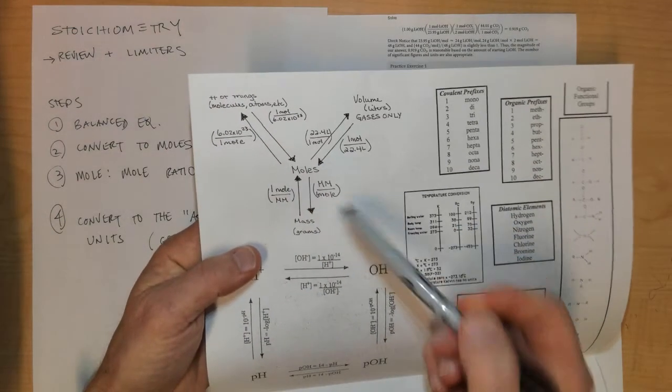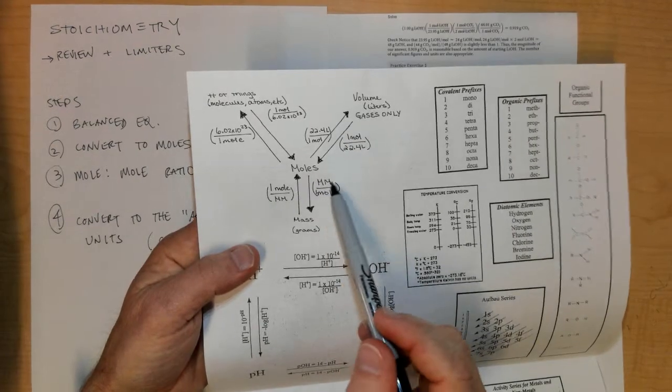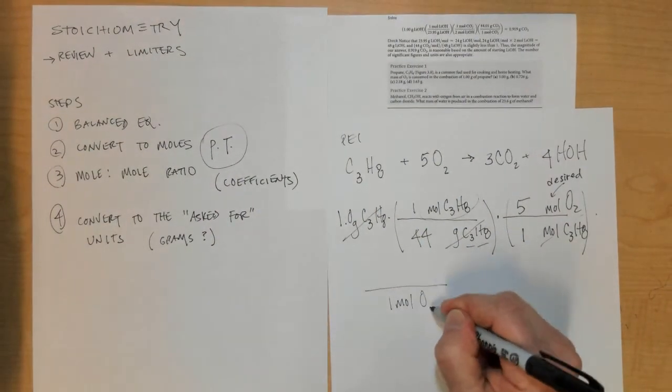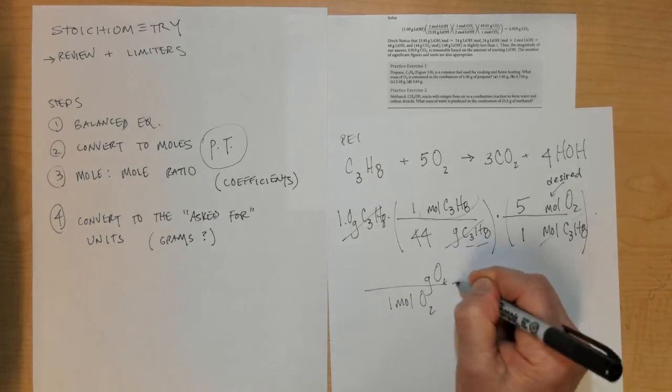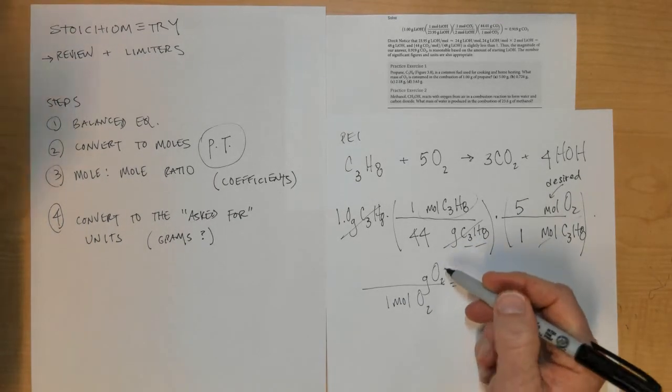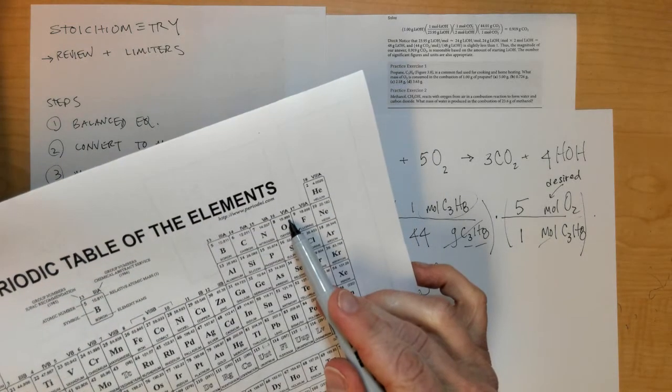Look inside here. Going from moles to grams means mole on the bottom, molar mass on the top. So I'll put 1 mole of O2 here on the bottom. Grams of O2 is my new set of units. I've got to add up O2 on the periodic table. Oxygen is 16 times 2 is